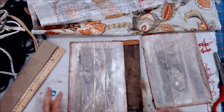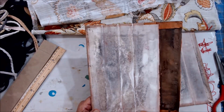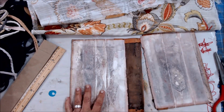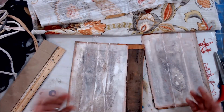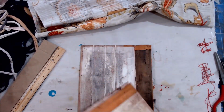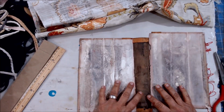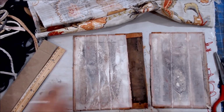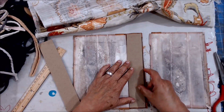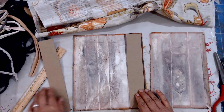All right, so these covers, I'm not exaggerating, took maybe about 2 days to dry because, obviously, I boiled them, so they were soaked, but they fell apart. So I'm going to have to kind of break a little rule. I'm going to have to use my cardboard. I mean, this was free cardboard. I'm going to have to reinforce there, and then